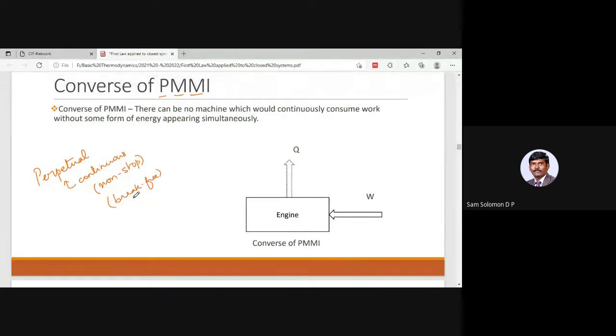Similarly, you have perpetual, which means continuous. The machine is running continuously without taking in heat input, or the machine is taking in work input continuously without rejecting some amount of heat. Both of them are not possible. So the first one is the perpetual motion machine of the first kind, and this example is the converse of the perpetual motion machine of the first